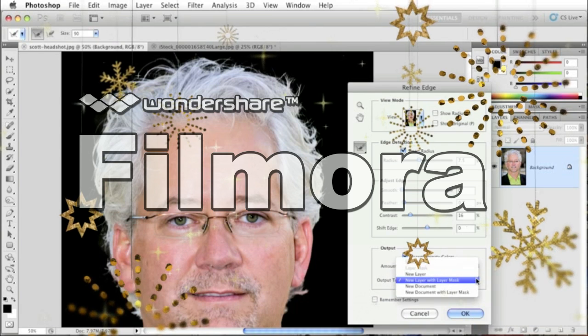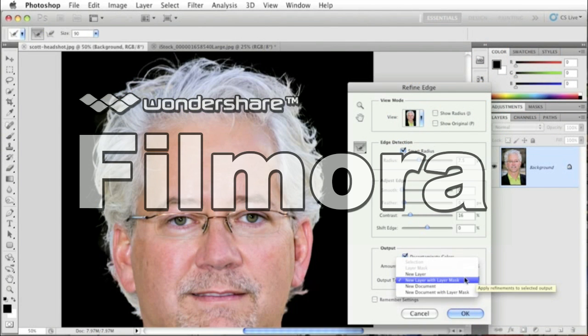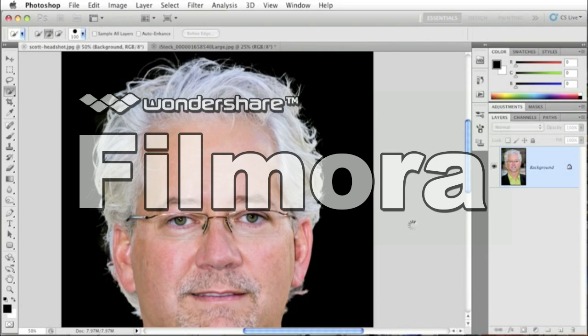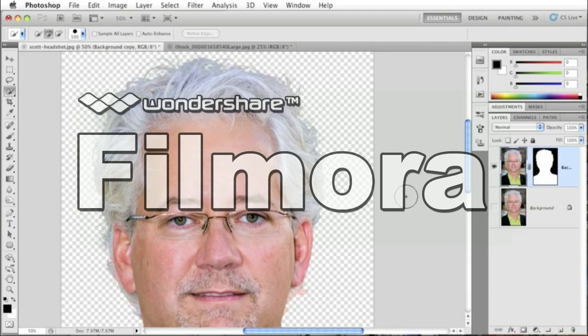Now down at the bottom here, we can decide how we want this to be output, as a new layer with a layer mask, and so on. I'm going to choose new layer with layer mask, which means it's going to leave my original background and give me a new layer with a mask. There we go. Now that looks pretty good already, but if we need to, we can go into the layer